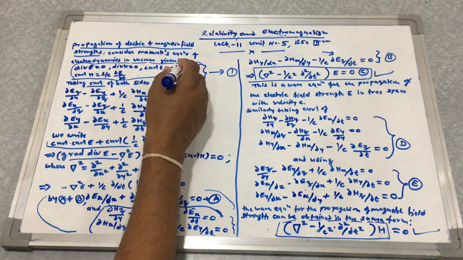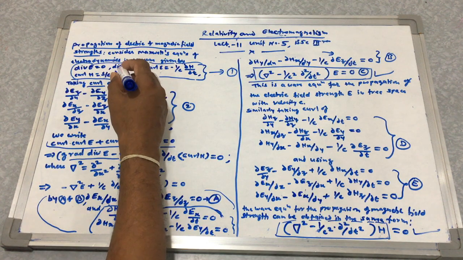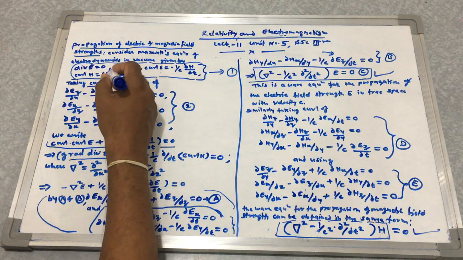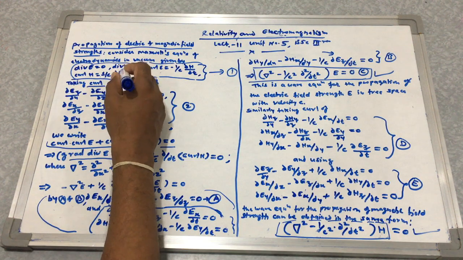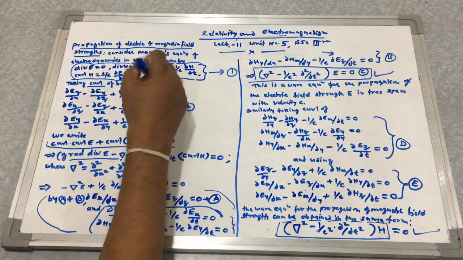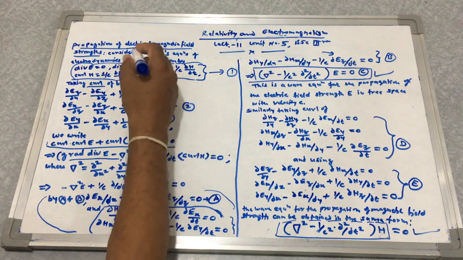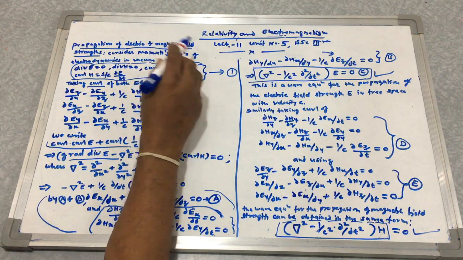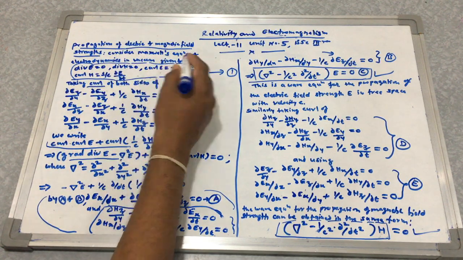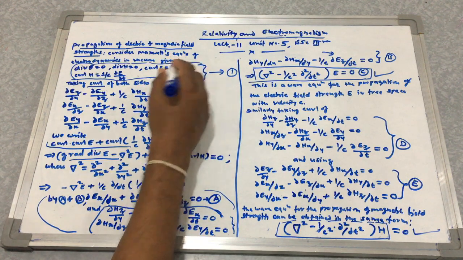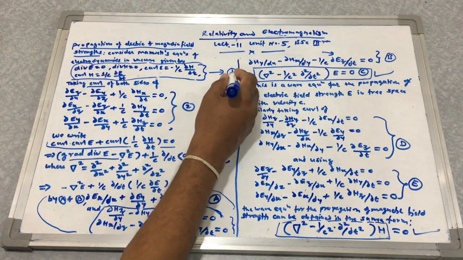This is the part of the electric field. And divergence H is equal to 0 and curl H is equal to 1 upon c del E upon del t. This is the part of the magnetic field. So taken together, we have the electric and magnetic field strengths. So consider the Maxwell equations of the electromagnetic field in vacuum given by this one.